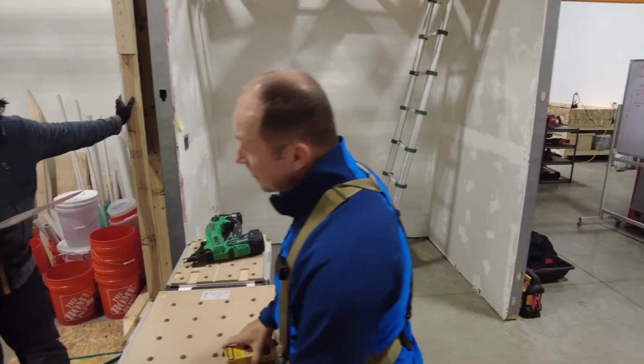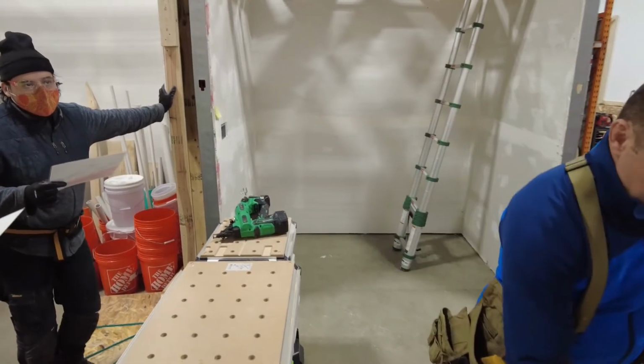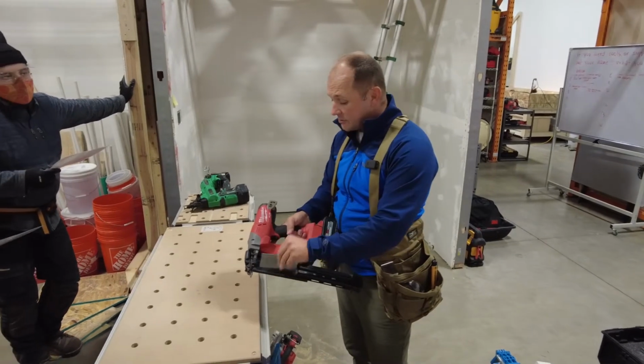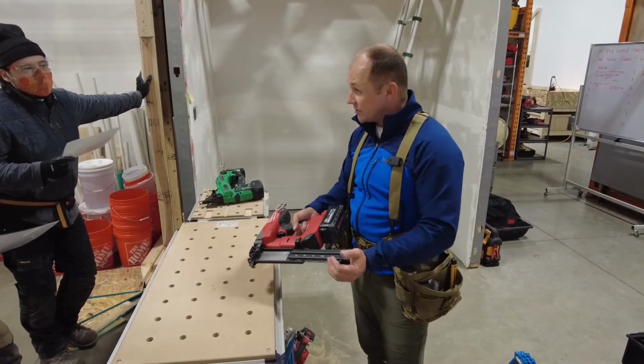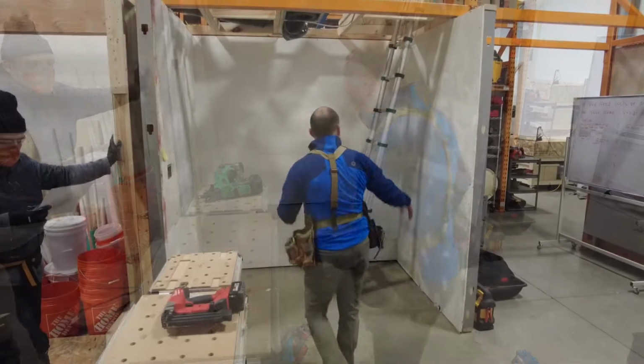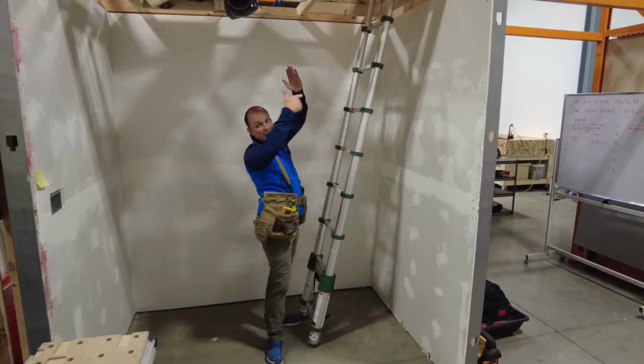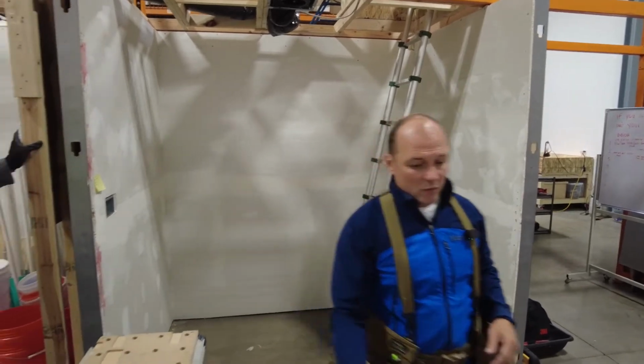So you're putting that over top of the existing trim? You're not removing that trim? We're not removing the trim unless we absolutely have to. And the only reason we'd have to is if it was damaged or we damaged it, okay? So again, we already have our measurements, right? What were they, 25 and 22 and a half? Okay, so now that I have my 1x trim,